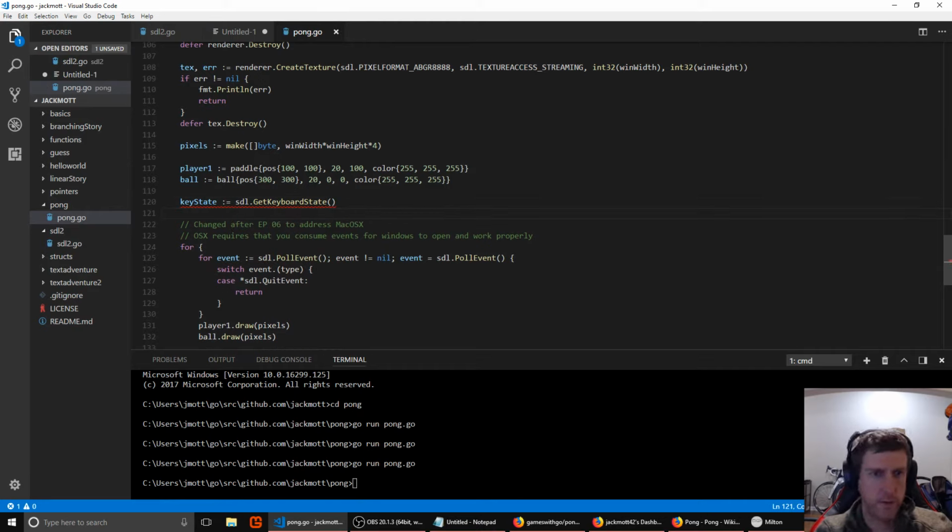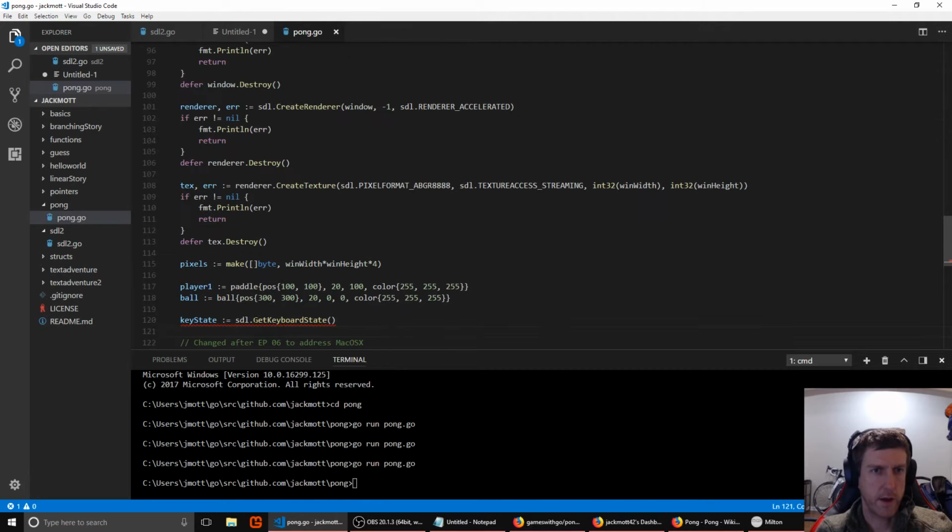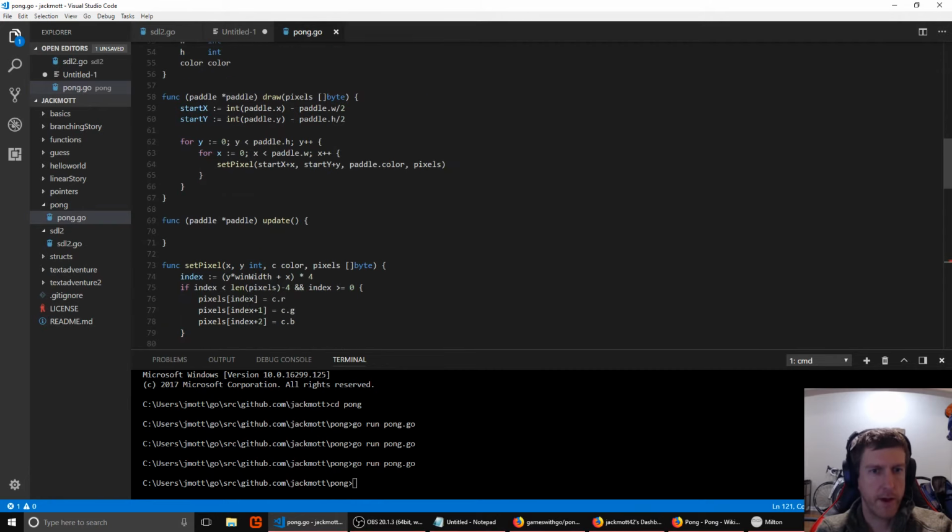So what we could do is just pass that key state to the paddle, and then the paddle can check it out. The keyboard state is just an array of bytes, or uint8s. So say key state uint8. And then the way that you check stuff in there